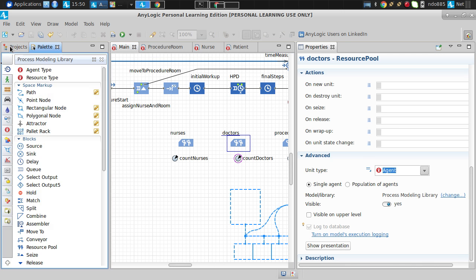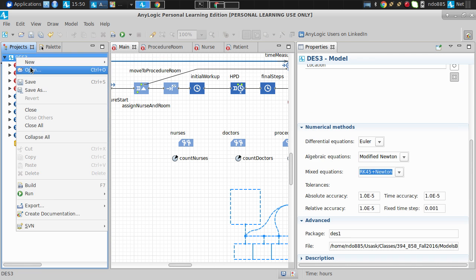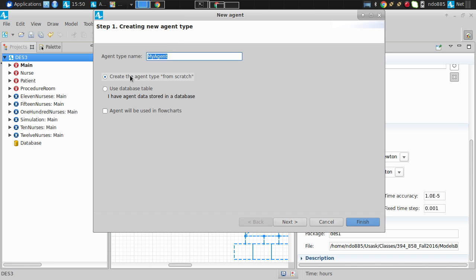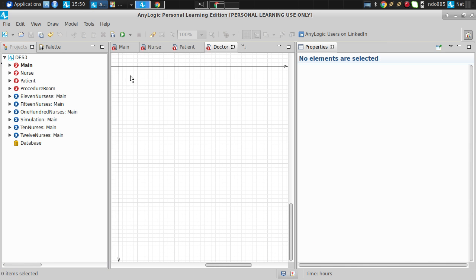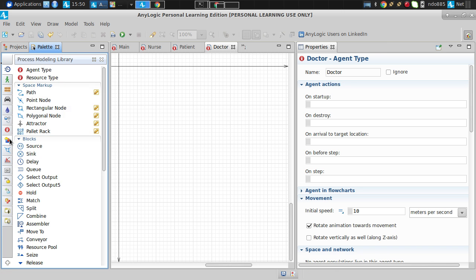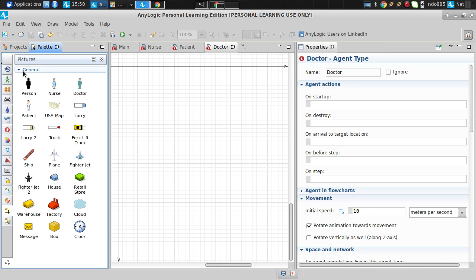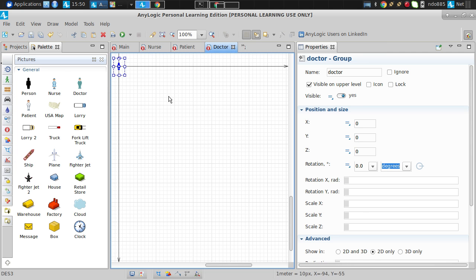So let's add in to our model, just to complete it visually, a doctor type. So this would be doctor, and we will go and place in the palette a visual representation of a doctor there, and maybe we'll make the doctor a little bit bigger, making it scale 2, so it's very visually distinctive. Here we go. Okay,